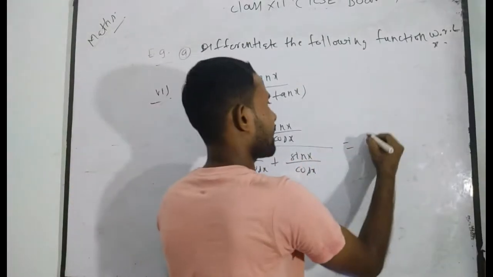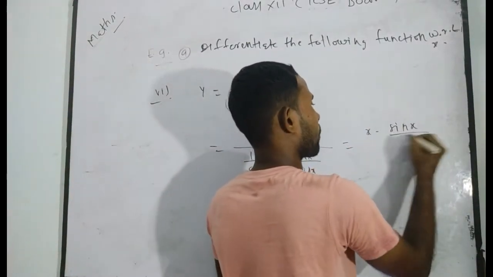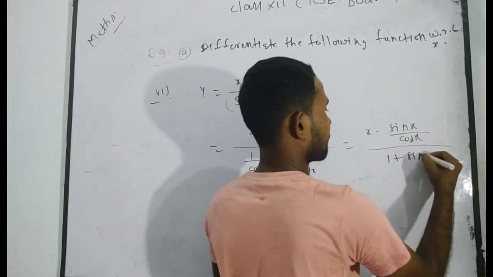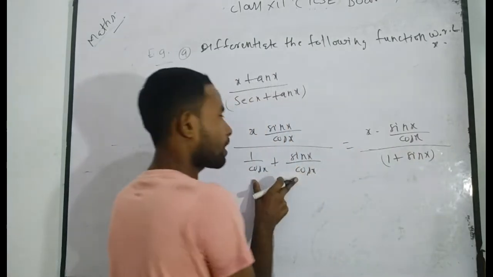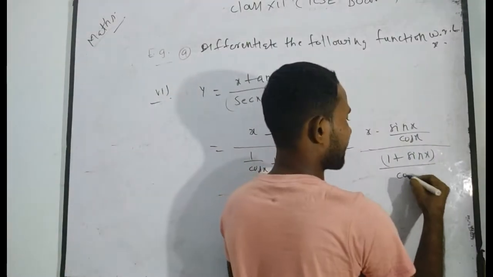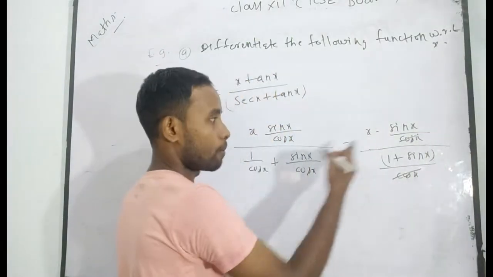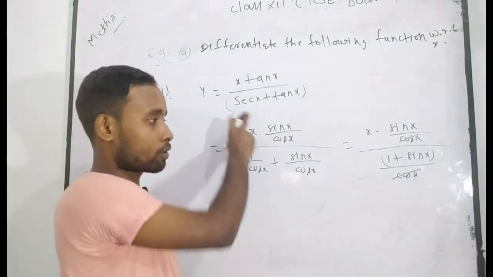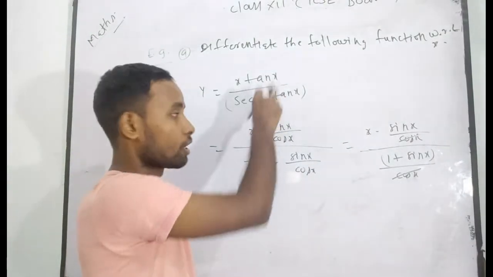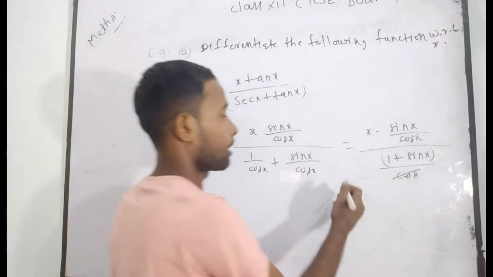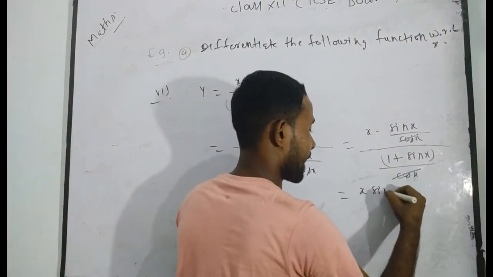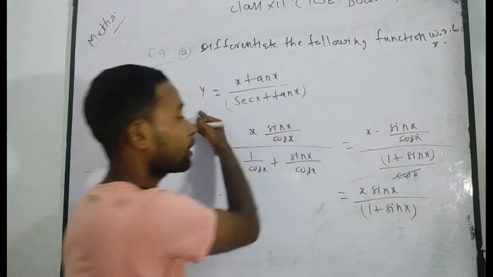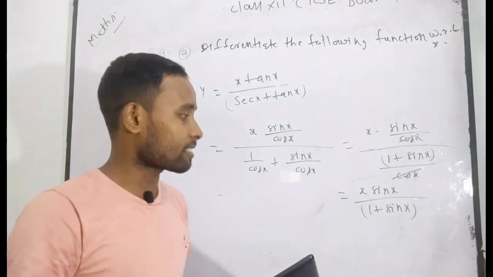Now, if you see here, it will be x into sin x by cos x, and in the denominator it will be 1 plus sin x divided by cos x. This cos x can be taken here and the cos x cancels. For eliminating, I have taken this because I know the denominator also comes cos x and the numerator also comes cos x. Cos x can be cancelled, so I am trying to express it in its simplest form. Now see here, you get y is equal to x sin x divided by 1 plus sin x.